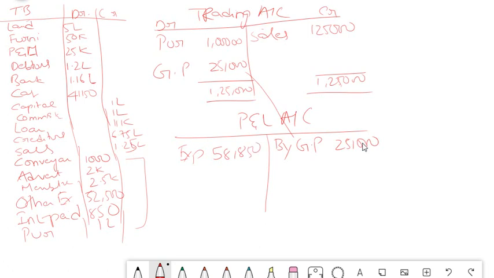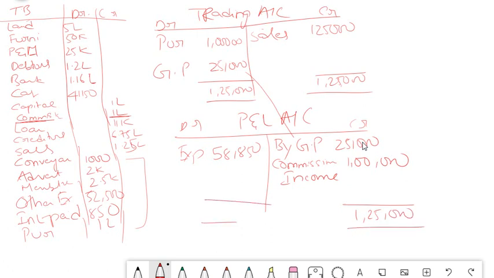And if we see, are there any incomes on the credit side here in P&L account? Yes, there is an income called commission, which has been mentioned on the credit side. So if it is mentioned on the credit side, we have to consider it as commission income. If it is mentioned on the debit side of your TB, we have to take it as commission paid. So here we will write that commission income. Now the total of this is 1,25,000, and the difference between this will be known as your net profit. So 1,25,000 minus 58,850, it will be your 66,150. Okay, so this will be your net profit.